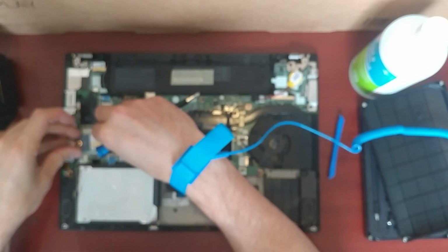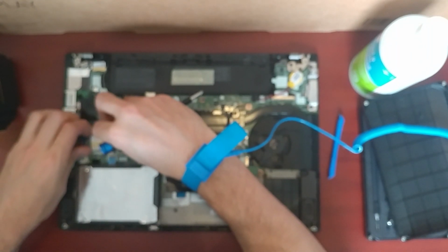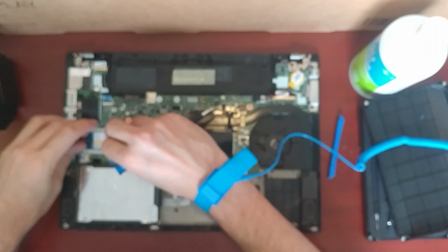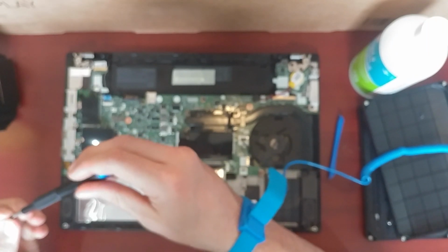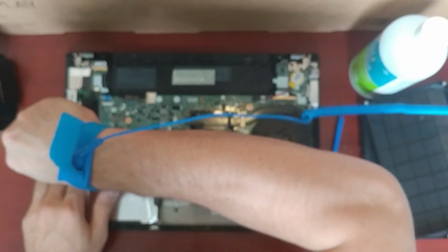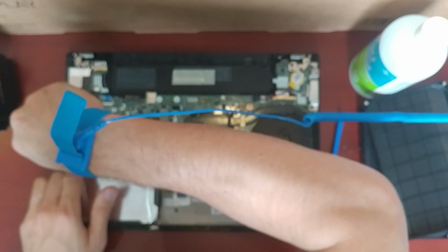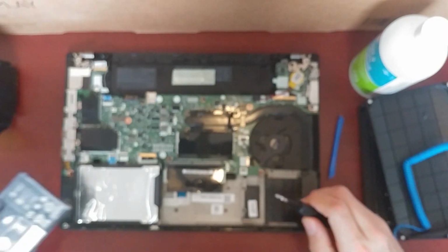I believe it says it's M keyed. There we go. Okay. Let's see. It's nice that they give you the screw, so you don't have to go searching for one. Okay. And so